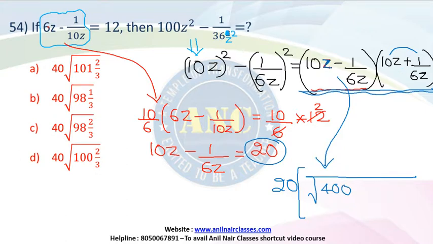Because they are asking you to find the plus value, it is k square plus 4ab and not minus 4ab. K square plus 4 into a, which is the coefficient of z, that is 10. B is the coefficient of 1 by z, that is 1 by 6. So this is 2 into 2 is 4, 2 into 3 is 6. So finally it will eventually reduce to,